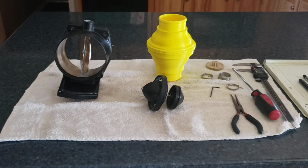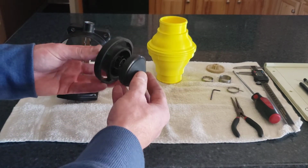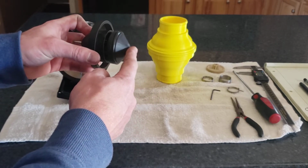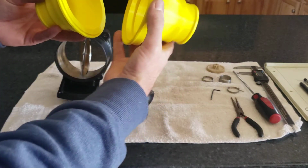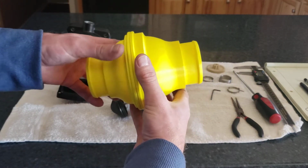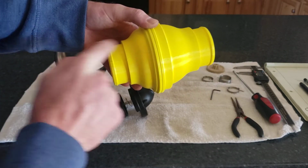So here are the eBooster bypass valve options. This guy is what I was originally going to go with. It's just a passive spring-loaded bypass valve, and it would sit in a housing like this, a two-piece housing that comes together with some sort of a V-band or something, and the charge air from the turbo would go through the valve